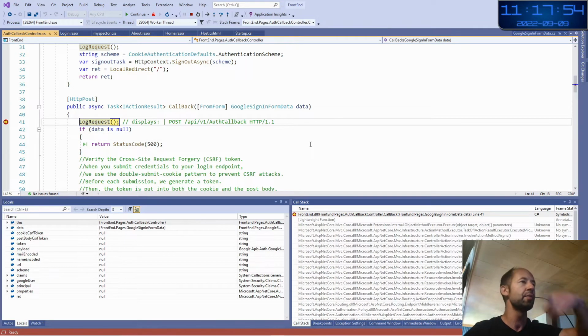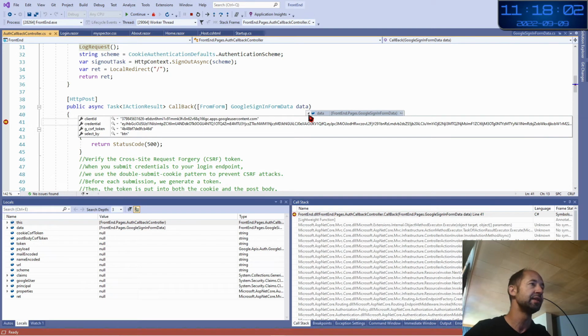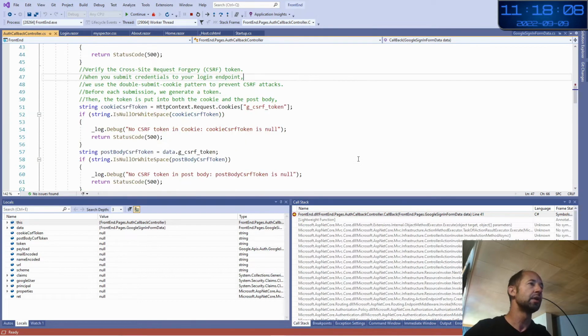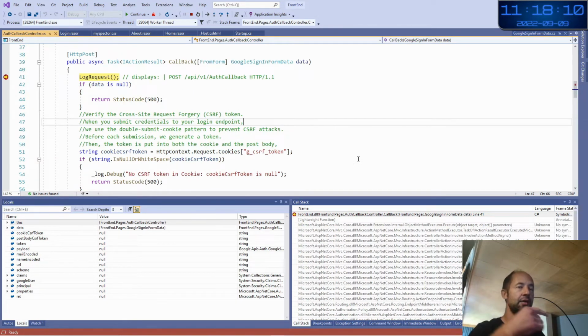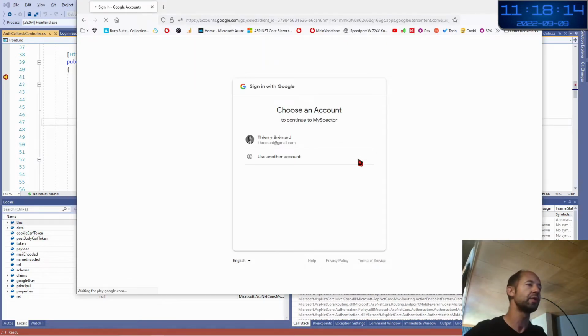Now I have clicked and my callback is triggered, with some data here: client ID, credential, select by button, etc. So once I am back on my website with a post request, what I can do is